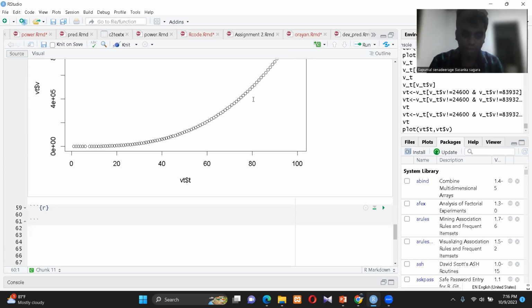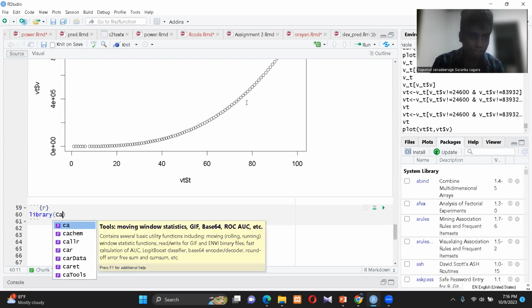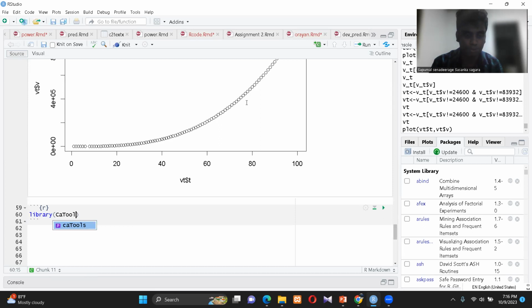So I will use library caTools, caTools will be used, then partitions, split into two parts,